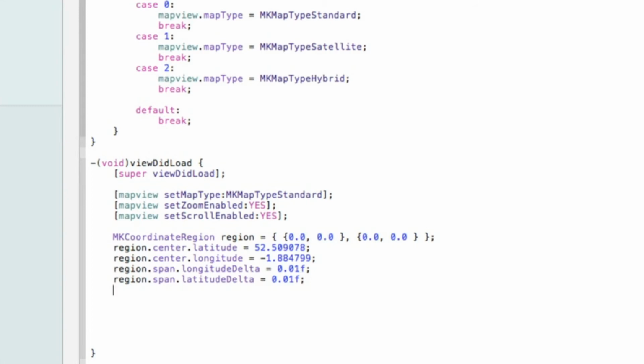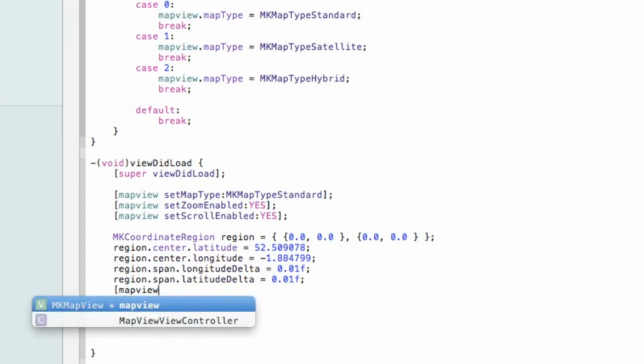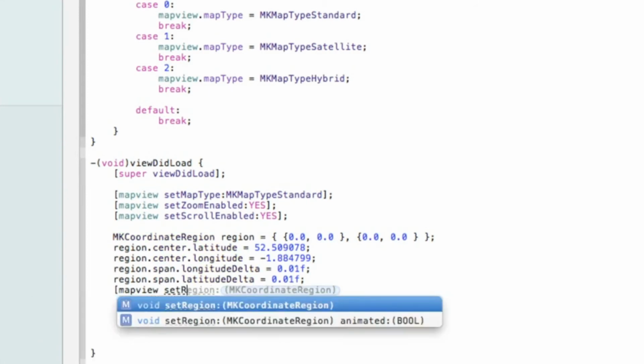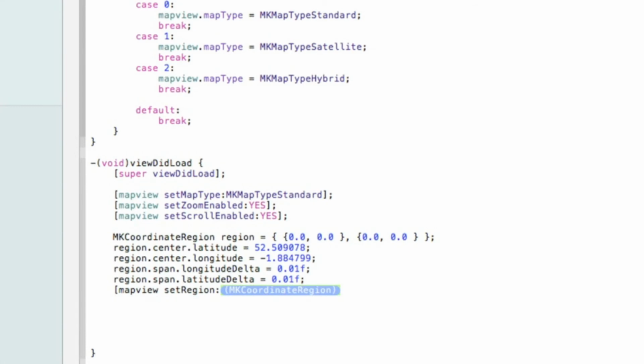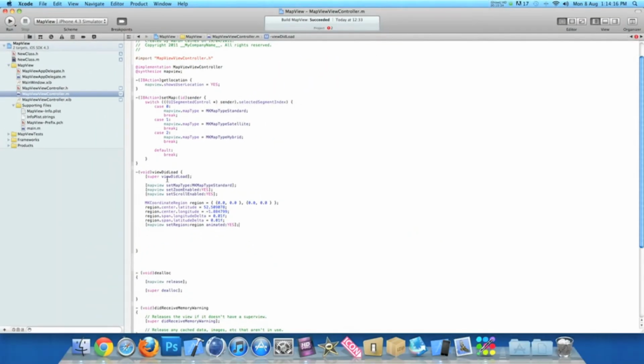And now we type in [map view setRegion:, and in the highlighted section here we simply type in region animated: and for the animation we do capital YES, and a bracket and a semicolon. Then we can save that. So now if I zoom out, the next thing I want to do is under the import here,